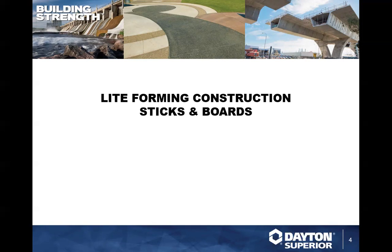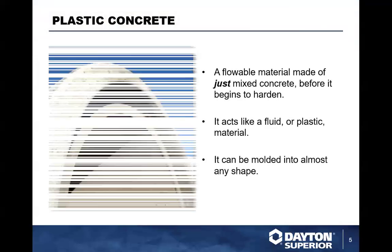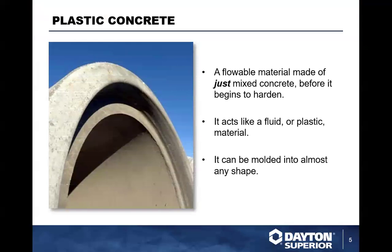Hi, good afternoon, everybody. So we're going to talk a little bit today about light forming products using sticks and boards as your forming material. So typically when we're talking about any type of concrete forming, we talk about concrete. What is the concrete? Concrete is basically a